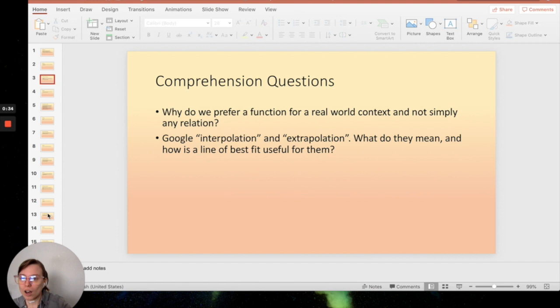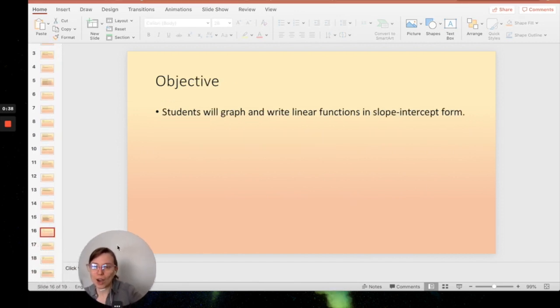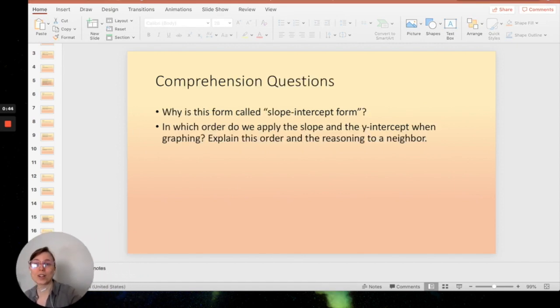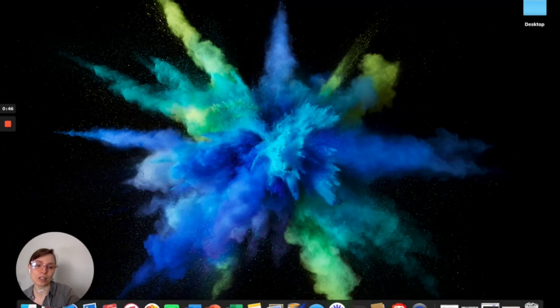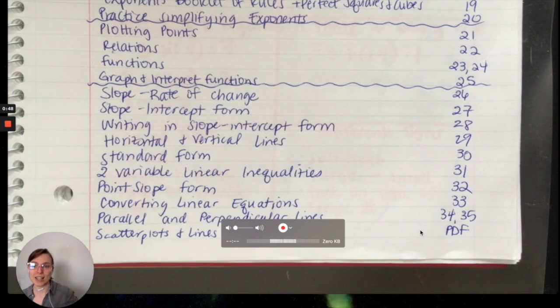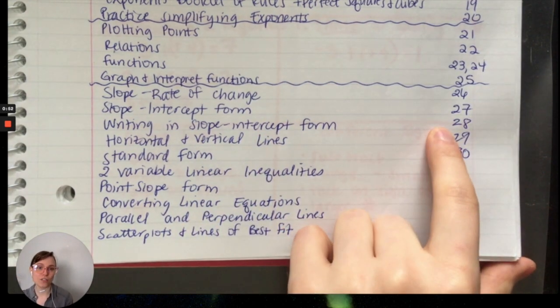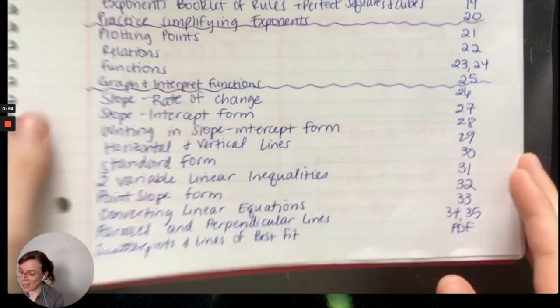So, that's not the comprehension question that I want. There we go. This is our objective, same as last video. And here are comprehension questions, same as last video, because we're going to apply the slope-intercept form more today. So, remember, we are now on page 28. We are on a third video, but for the second lesson, and we're golden. 26, 27, 28. Okay,